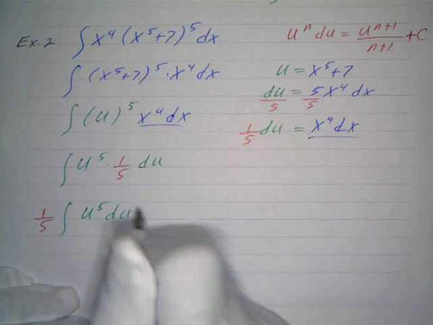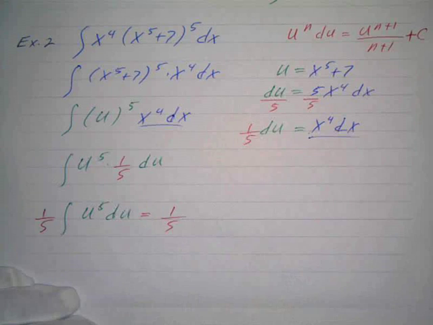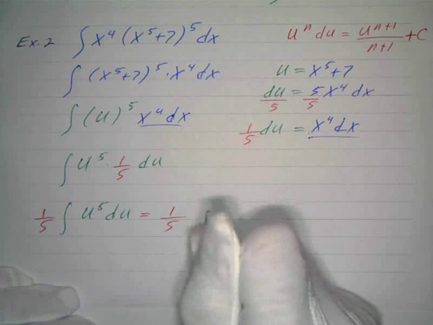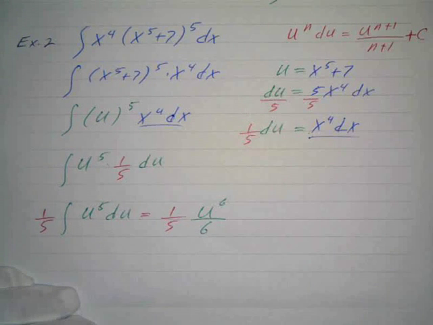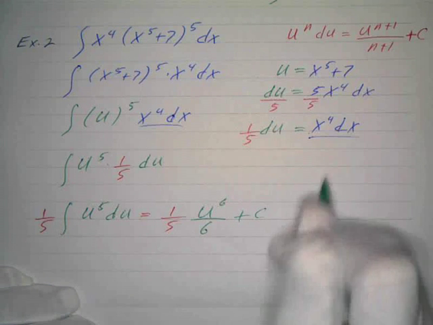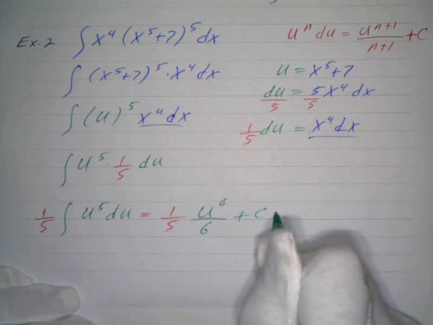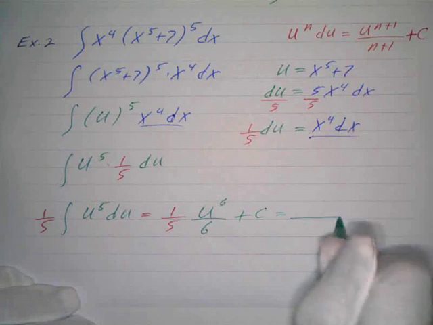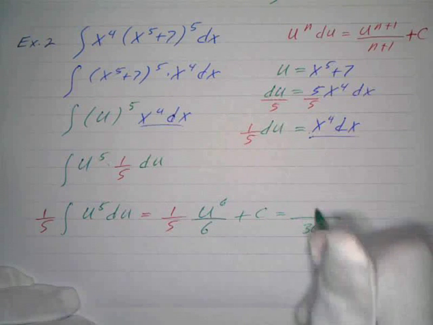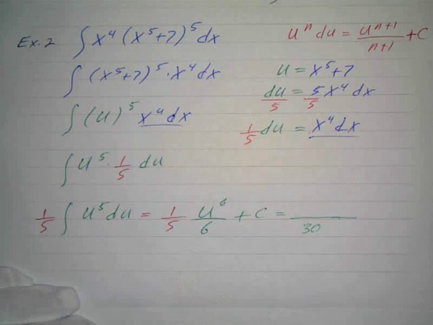Now we have to carry the 1/5, so that's going to equal 1/5 times the antiderivative of this, which will be u to the n plus 1, so u to the, and what's 5 plus 1? 6, divided by 6, plus c. And 1/5 and times 6 in the denominator is just 1/30. Or I could put 30 in the denominator. That might save a little bit of space here. And I've got u to the sixth